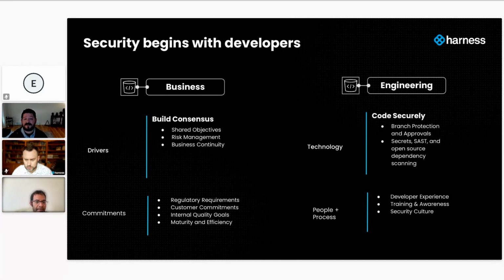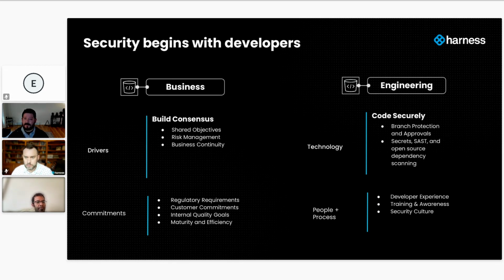Another item that I look to build consensus around is business continuity. I want to preserve the value that's created by developers, preserve the value that's been built up by the business, whether that's reliability of the platform and of the service, whether that's thinking forward to security incident or breach mitigation, making sure that we have adequate layered controls in place to preserve that value, and then to build on a foundation of customer trust. So when I'm building out a security program, these are the things that I think about in terms of building consensus.